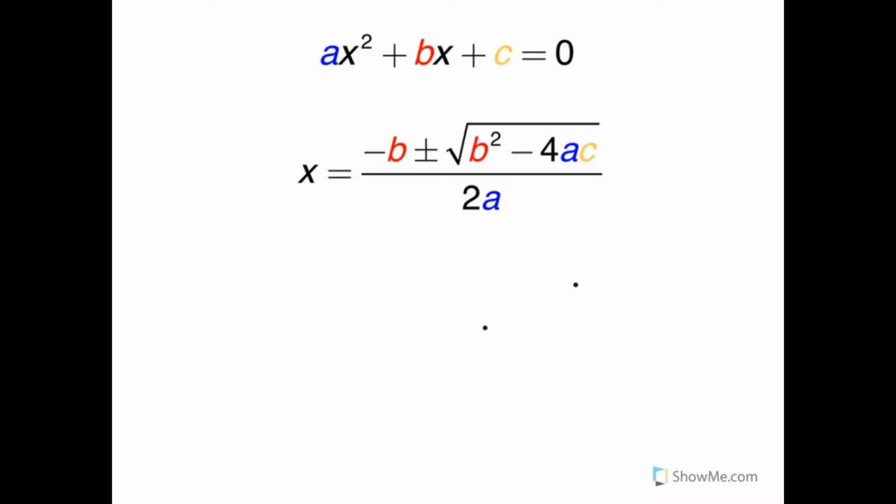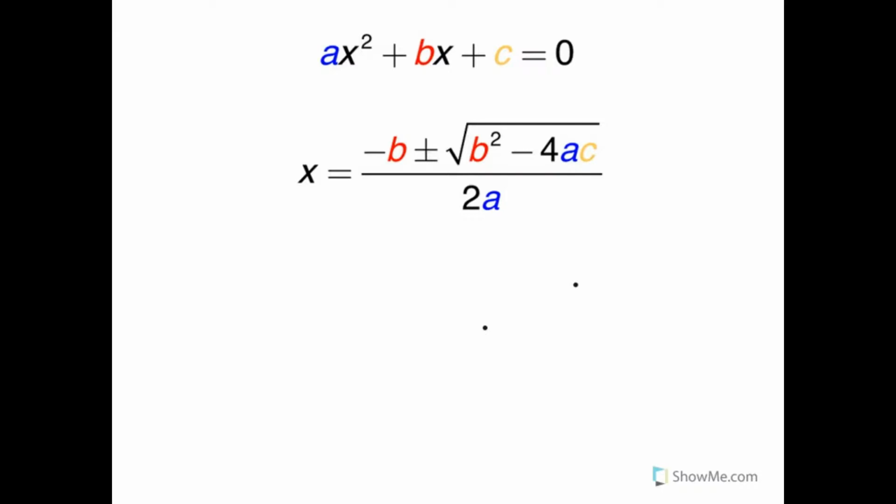One way to learn it is by singing a little song to the tune of Pop Goes the Weasel. It goes like this. X equals negative b plus or minus square root b squared minus 4ac all over 2a. Now, if I can sing that song on this video, you can sing it in the shower and learn the